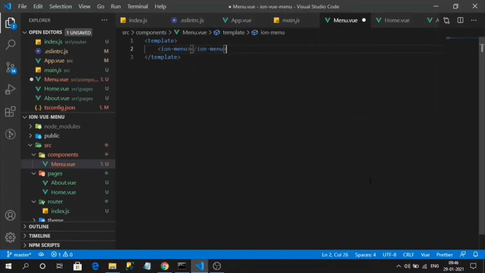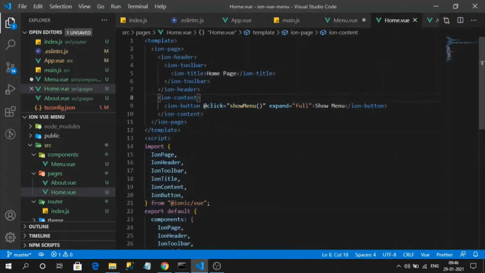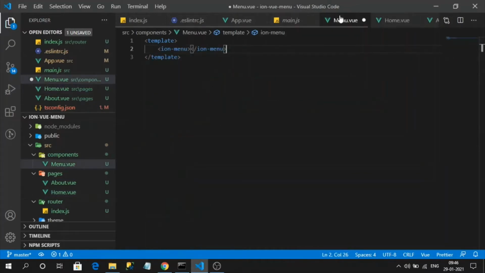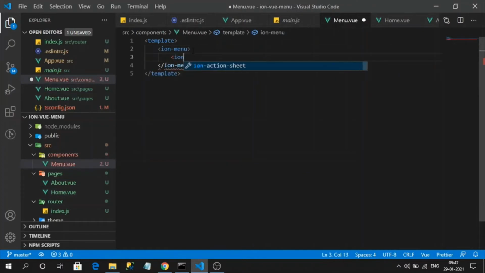This ion-menu also contains two root children, like ion-page. If you recap our ion-page, what are its two main children? The Ionic header component and the Ionic content component. So it has almost the same structure that the page component has. So inside of it you can write ion-header, and